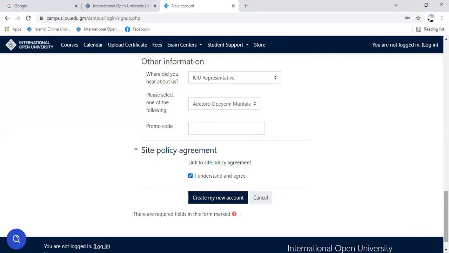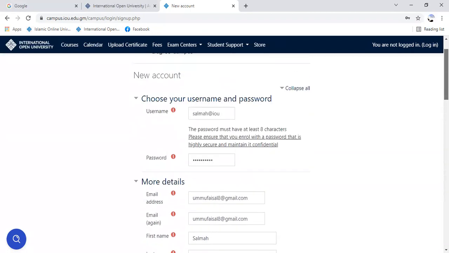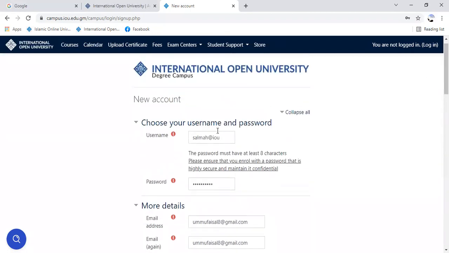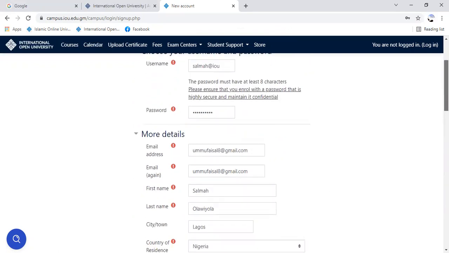Before you submit your form, you have to ensure that you go through the details again, your username and your password. Do ensure you write them down, and you don't forget them. Check your email very well and ensure that there is no mistake in it, because when there is a mistake with your email, you will not be able to have a successful registration.